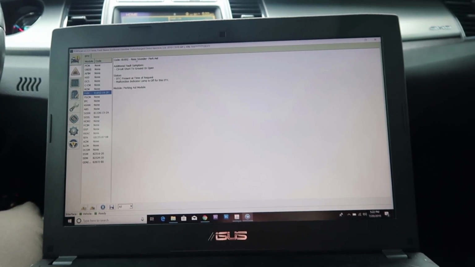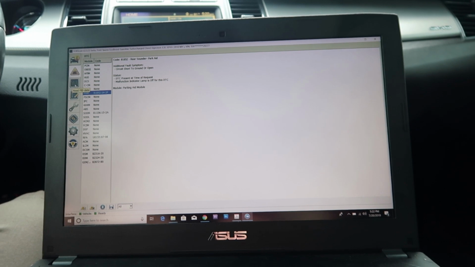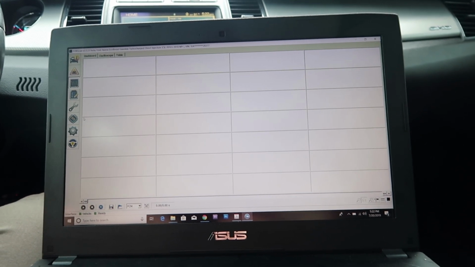Because it is a separate speaker, it's just a little sounder for the park aid. All right, which would make sense why the incoming traffic alert doesn't work either when you're backing out of a parking spot. So what I'm going to do is see if those sensors are working. I can go down here and set up a test, or an oscilloscope,